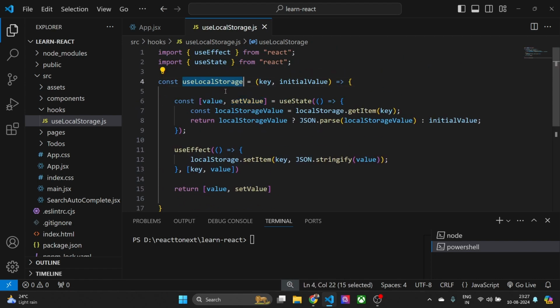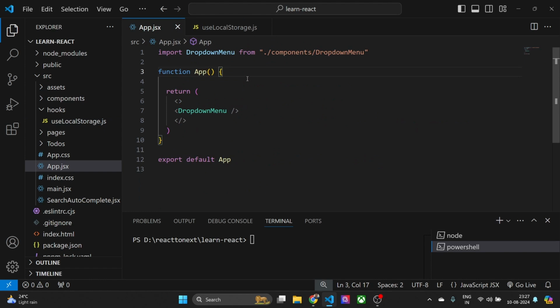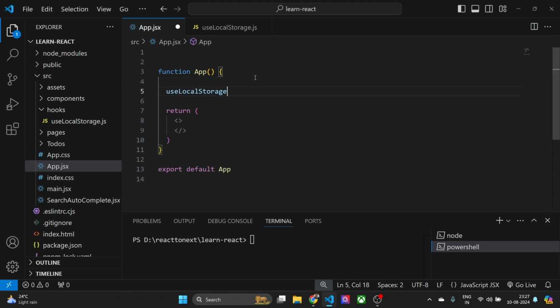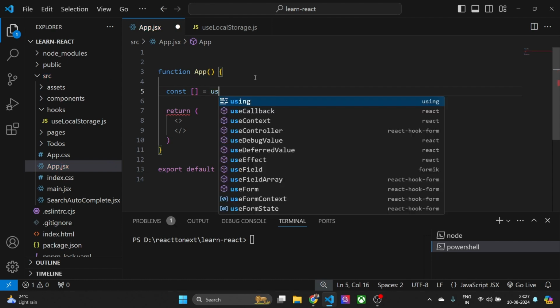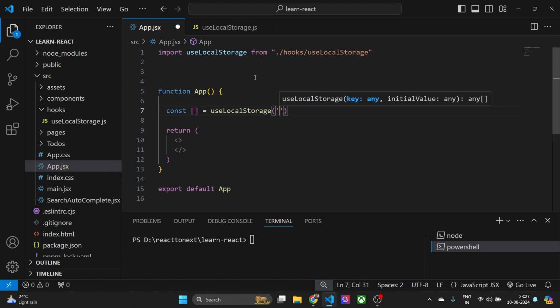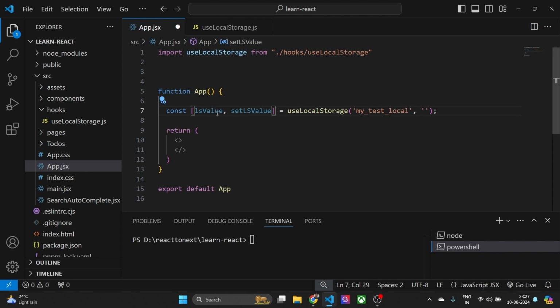So let's use this hook inside the app component. Let me remove everything else from here. Now I will use this hook, extracting the things from the hook. useLocalStorage, and the key is my-test-local. Okay, and the initial value is empty, and here I will get lsValue and setLsValue. So this is what I am going to do here, and I will print this thing here in the p tag,